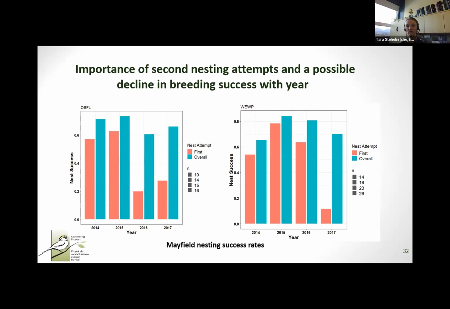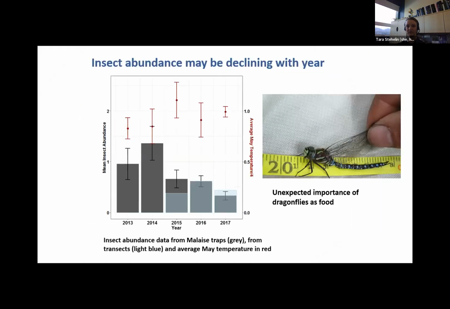But then the blue shows the overall nesting success rate. Overall nesting success rate seems to remain relatively high, except for in 2021, where nesting success overall was almost zero. So I have to collect more years of data and see what the long-term trend is, but something interesting is going on, especially with first nesting attempts. And overall, just looking at a crude measure of insect abundance, just all insects combined, they seem to be declining in abundance with year,